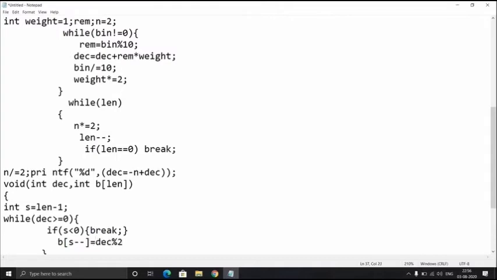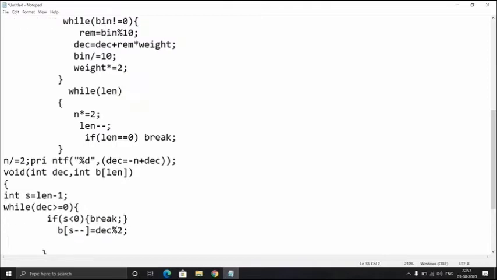First, decimal modulus 2, the value of the remainder will be assigned to the array element within the square brackets, and s will be decremented.